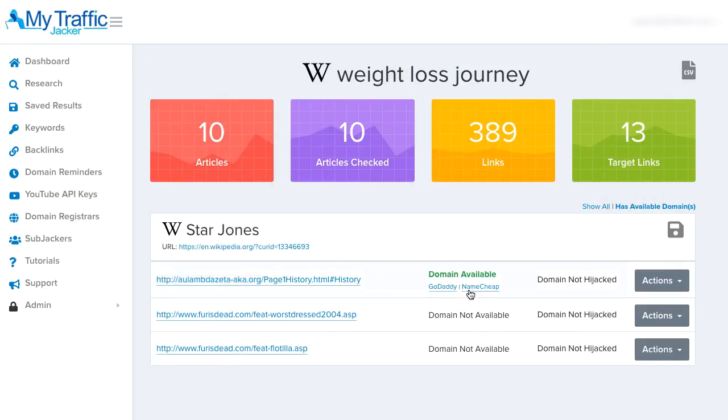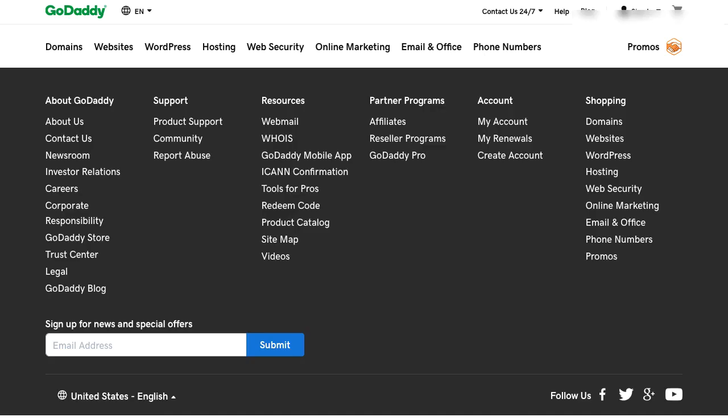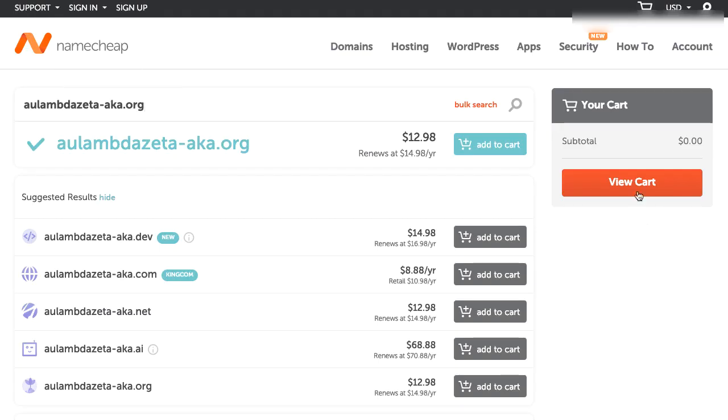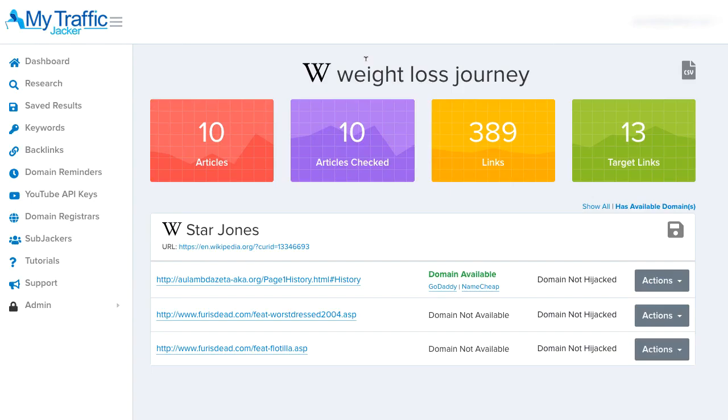So if we want to pick that up right now, we can just click on Namecheap, or we can click on GoDaddy, and it'll auto-populate right in here. GoDaddy is $11.99. We can just click Add to Cart, or we can just come into Namecheap and add that to cart, and that's $12.98. And we can now immediately get ownership over a domain that has relevant information inside of Wikipedia around the topic